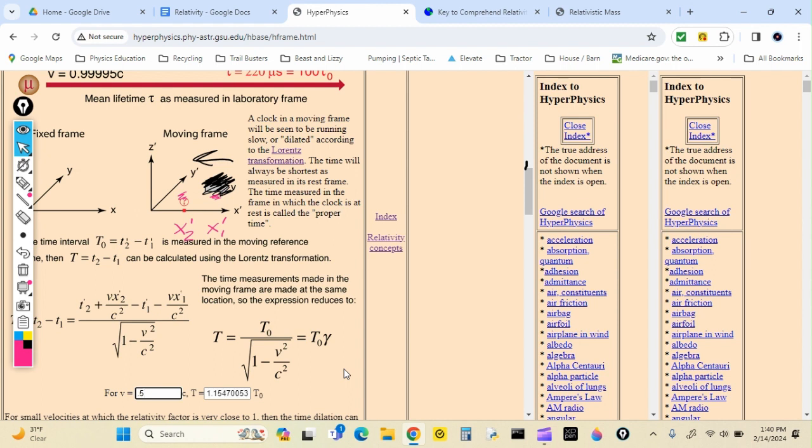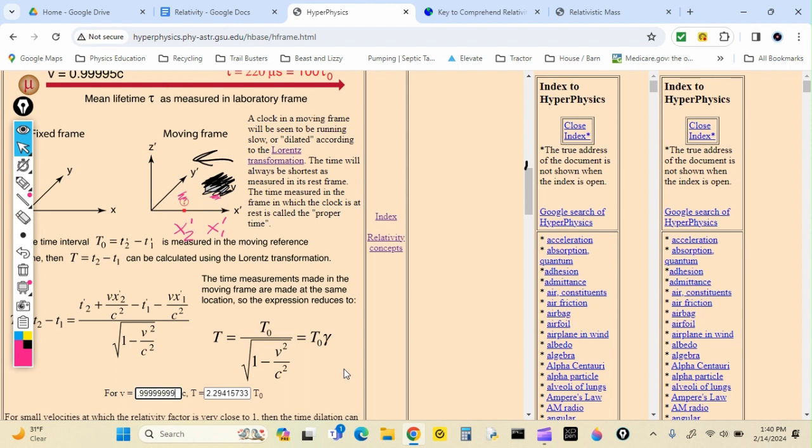There, 1 second takes 1.154. Back that up, try the same experiment. There's 0.9. Now it takes 1 second, takes 2 seconds. So you see, it's not a huge slowdown of time, but it's significant.